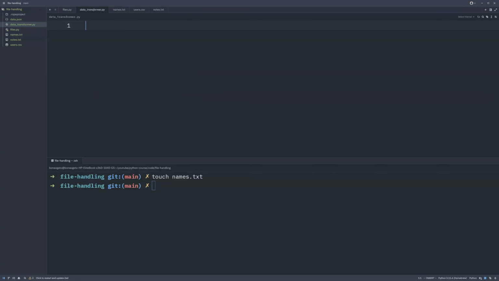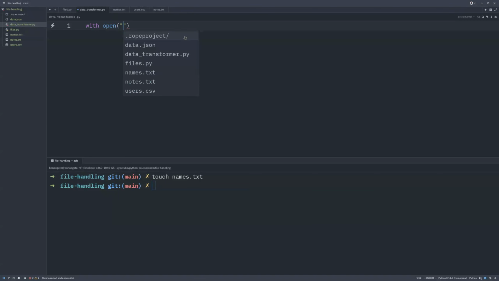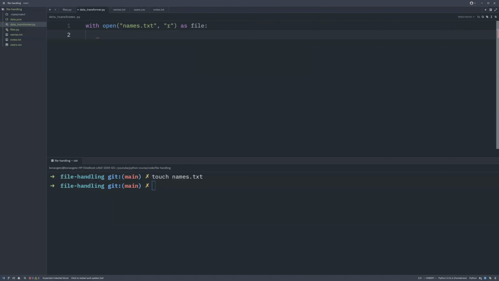We're going to be reading from that file. To read the data from that file, from what you've done up to this point, feel free to pause and try it on your own. Then you can refer back to this. But I'll just say with open, using the open method. Then you specify what you want to open. You want to open the names.txt file, and we are opening it in read mode, of course. We're opening it as file. Once we open it as file, we can read it. We've seen some of the methods that we can use, and file.read is one of those methods. So we're going to read the names and store them in this variable. So I'll just say file